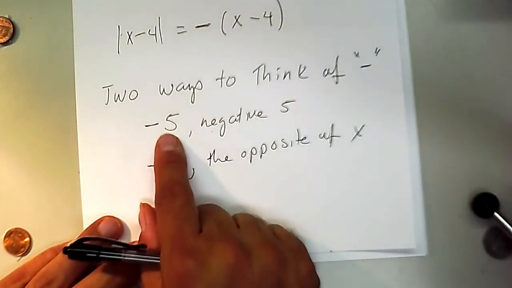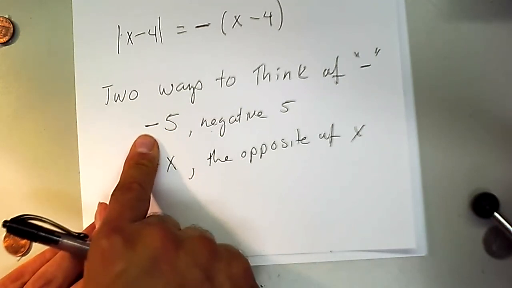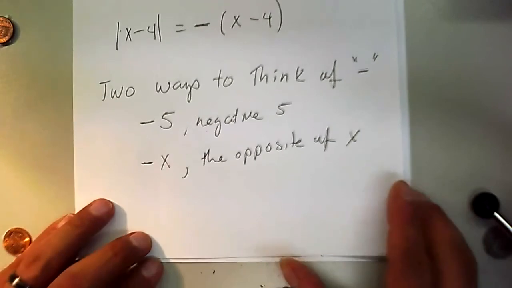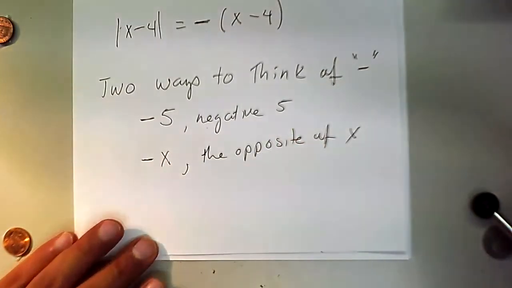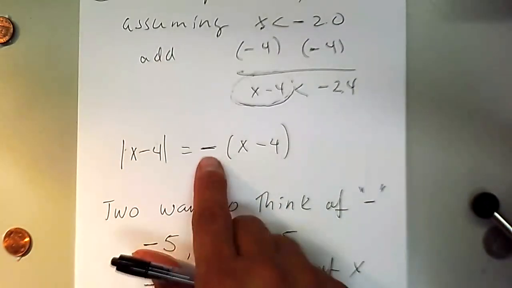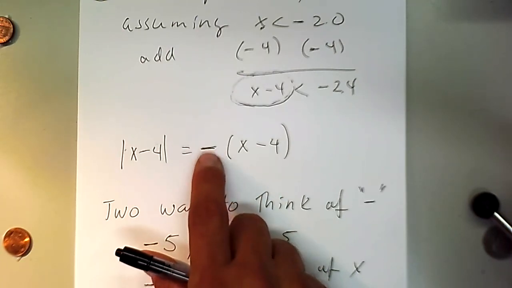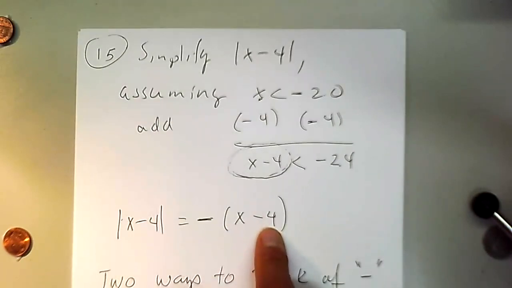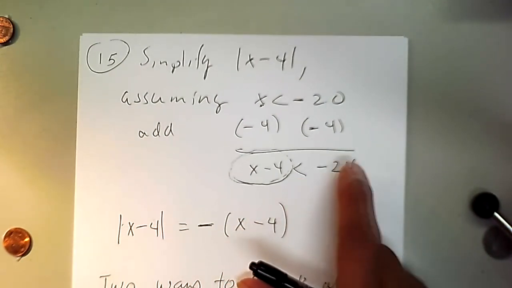In this case, we already know 5 is positive, so the opposite is going to be negative. I know it is a little confusing. I don't mean to confuse you with that, but I just want to elaborate on that symbol. And that explains why. The reason for doing that is because here we're using that symbol to denote the opposite of this number, which we know will be negative because that number is less than negative 24, which is already negative to start with.